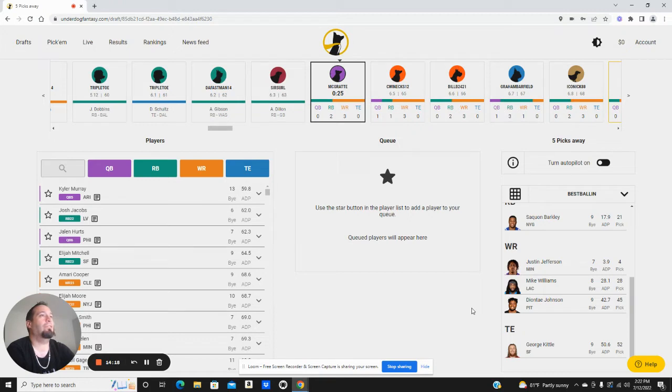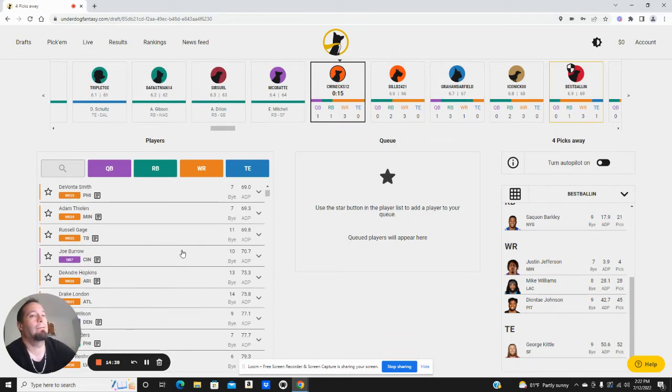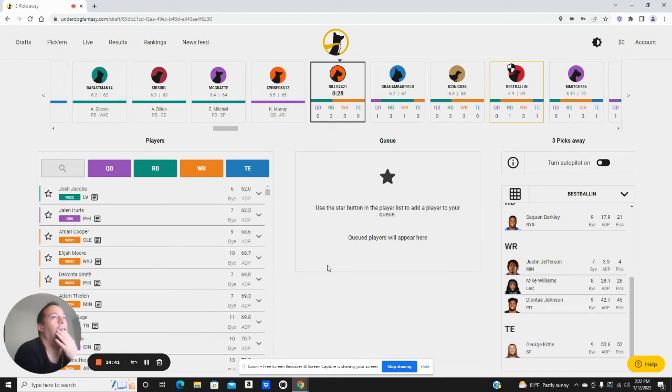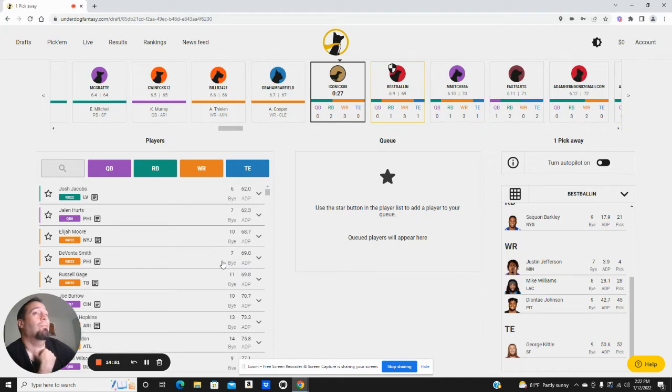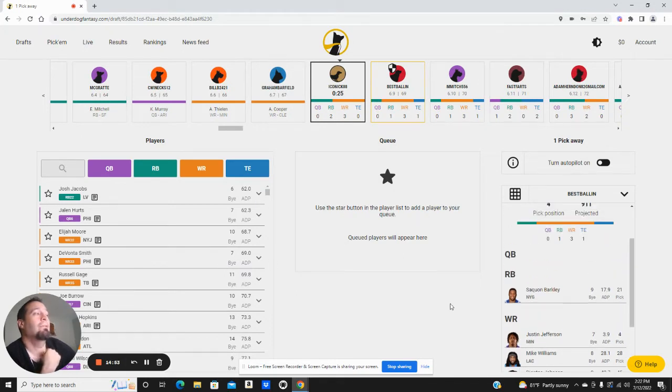Antonio Gibson going at 6'2" in this draft. That's very surprising. I've been getting him mid to late round 7 in drafts lately, so it's been pretty sweet. Here I definitely have my eye on Jalen Hurts and Kyler. Okay, Kyler goes. We do still have George Kittle, so it's going to be really hard for us to get Trey Lance if we don't take him with one of our 2 picks. So I want to keep that in mind.